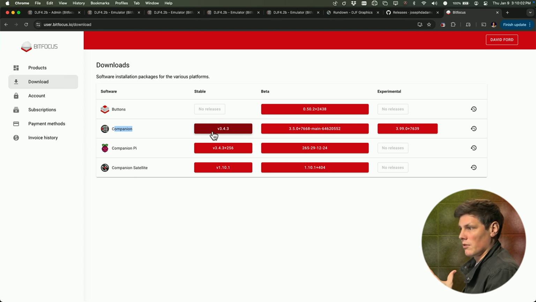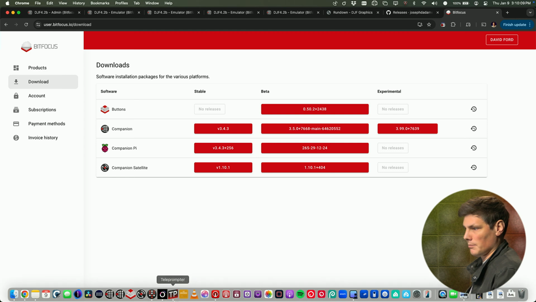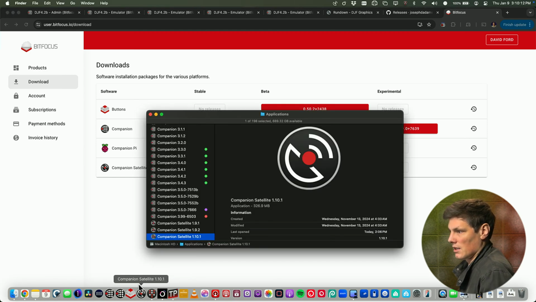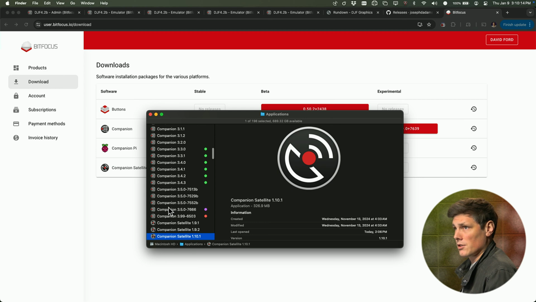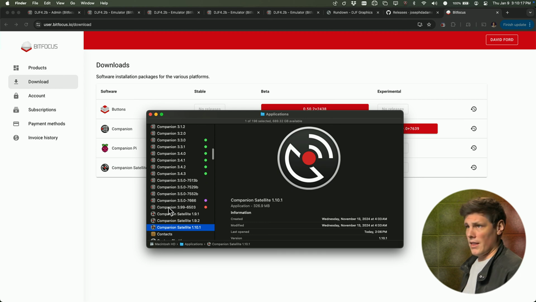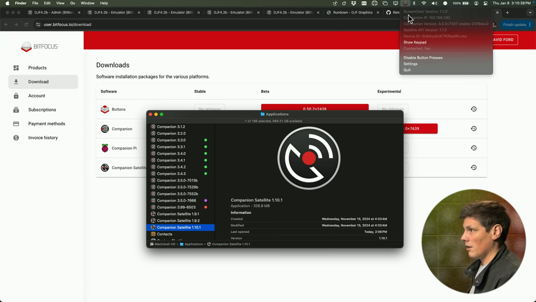But if you want to access Companion remotely, then you can go Companion Satellite, which is version 1.10.1 at this point in time. I've got that one installed here in my applications folder. This is the way that I'm running my, I was going to call them local Stream Decks, but I'm running my desk here remotely rather than locally. And it's using Companion Satellite to speak back to Companion, but there's a ton more satellite things that are plugging into this, including our little friend